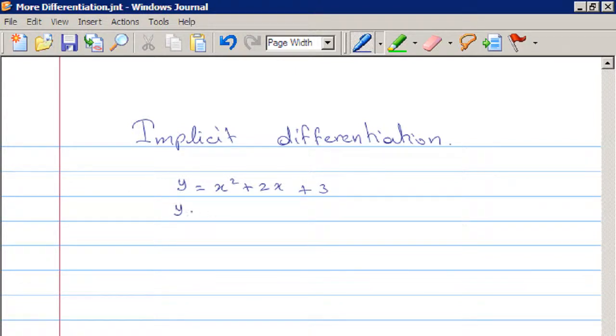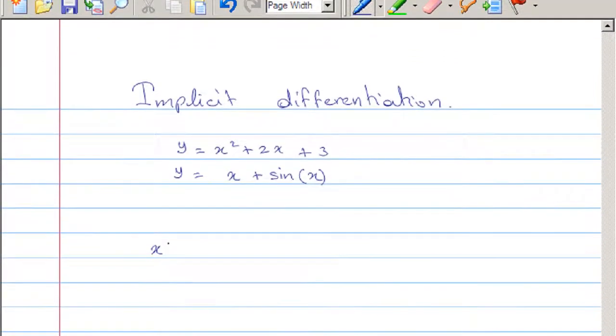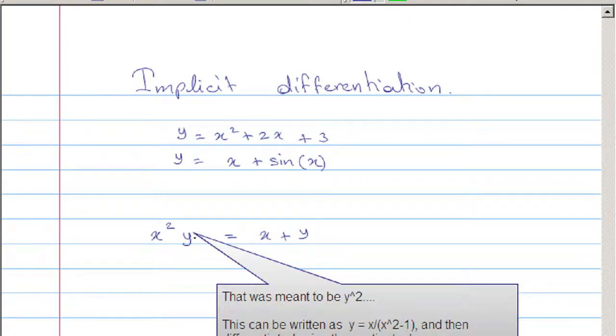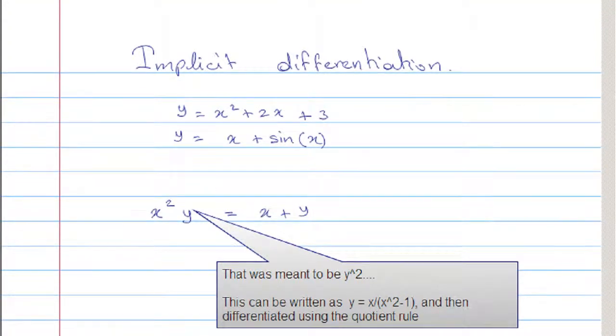Or if we have something like y equals x plus sine x, once again y is defined solely in terms of x. An example of an implicit function would be something like this. Let's say we have x squared y is equal to x plus y. In this case, I cannot define y solely in terms of x. And this is a case where you would use implicit differentiation